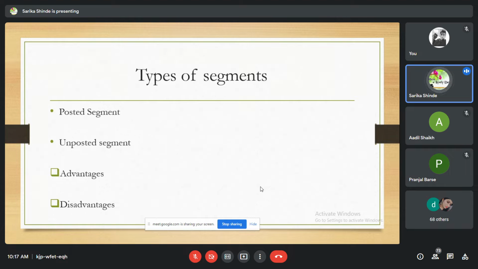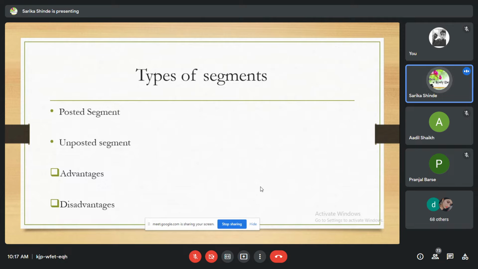Next advantage is the visibility of each object can be controlled. Next advantage is the flow of animation can be controlled using various transformation operations on the individual segment.